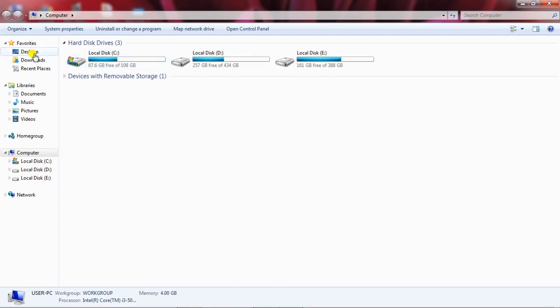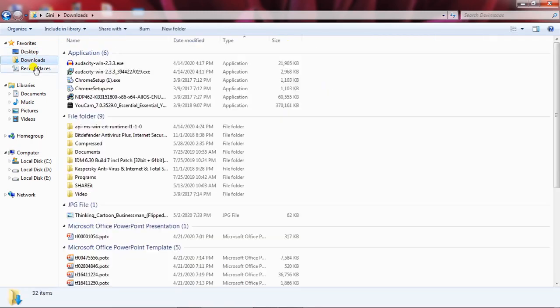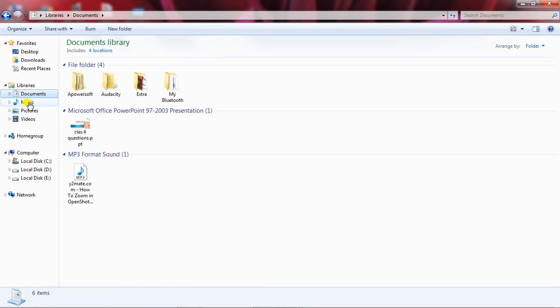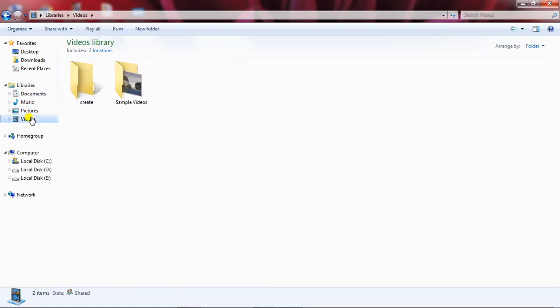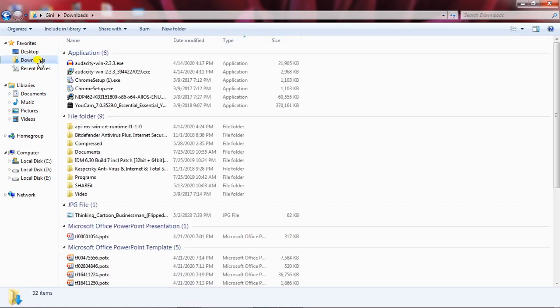Now let's click on these different drives and you will see different files and folders popping up on the screen. Now let's click on this Downloads folder. These are files and these are folders. Folders are basically this kind of briefcase. I hope you have seen it in the computer.